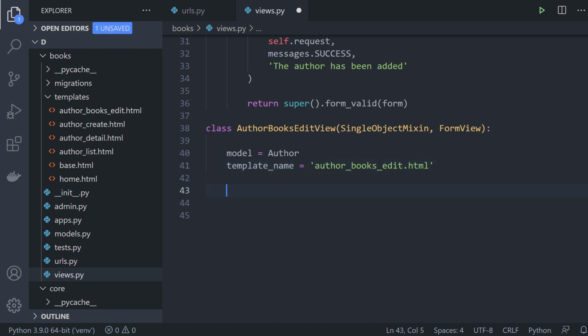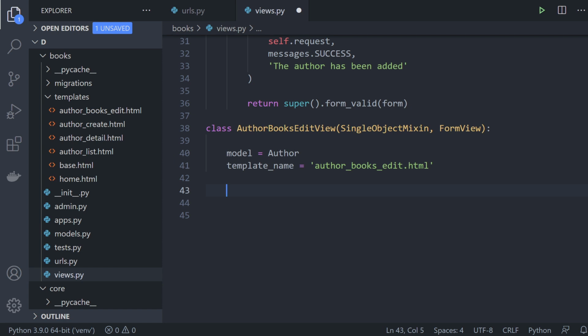What we're going to do here, let's remember we're building a form that's going to allow us to view the current books for that author. It's also going to allow us to add books for that author. And it's also going to allow us to edit books from that author, and also delete items for that author. So there's a lot going on here. And really, we're not doing much because the FormView and SingleObjectMixin are going to pretty much do the back end stuff for us. We just need to specify a few things here, as well as now providing some